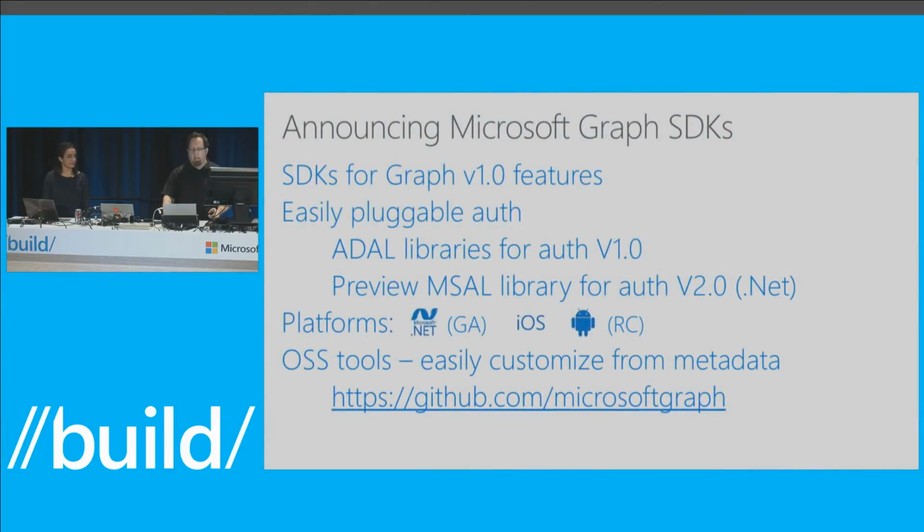you've seen me demo the SDKs a whole bunch. And you've seen that we've announced the Graph SDKs. The .NET SDK is generally available for the feature sets that we've released on the Graph as generally available. So where you're seeing APIs that are under the 1.0 part of the URL path, those are available in the generally available Graph SDKs. For iOS, we have a release candidate available now for you to download and go try,